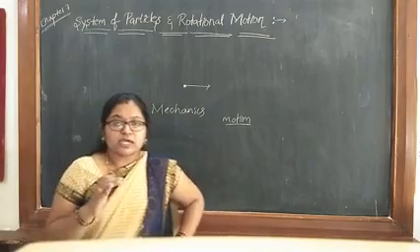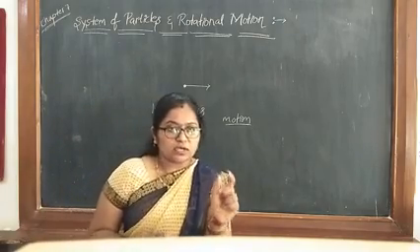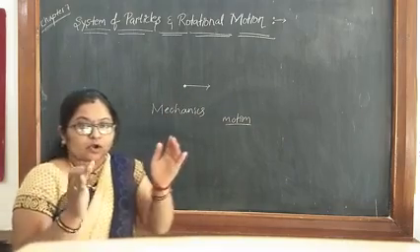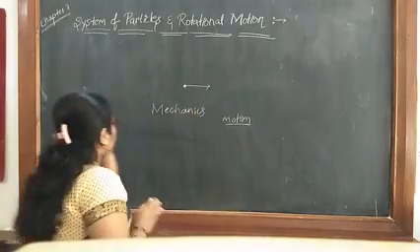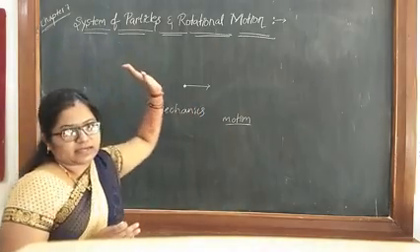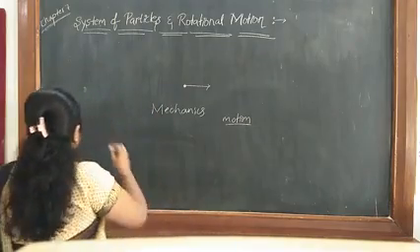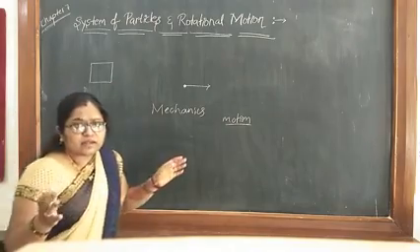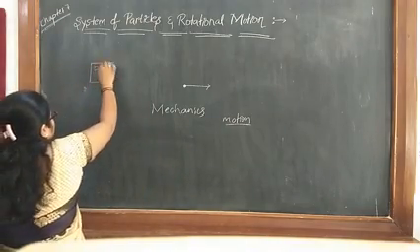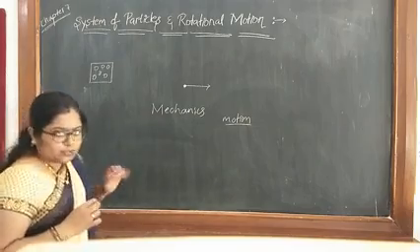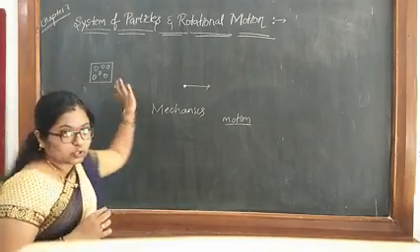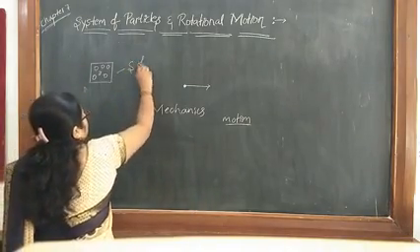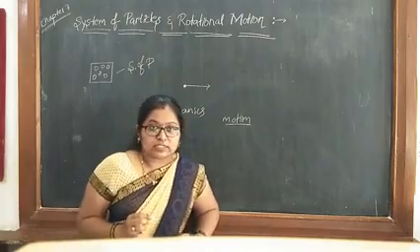Understood? Instead of considering a single particle or a point object, if you consider the group of objects or the collection of particles, you can say it is a system of particles. System of particles is nothing but what? If this is one object, in that so many particles are there. So this whole object we can call a system of particles.